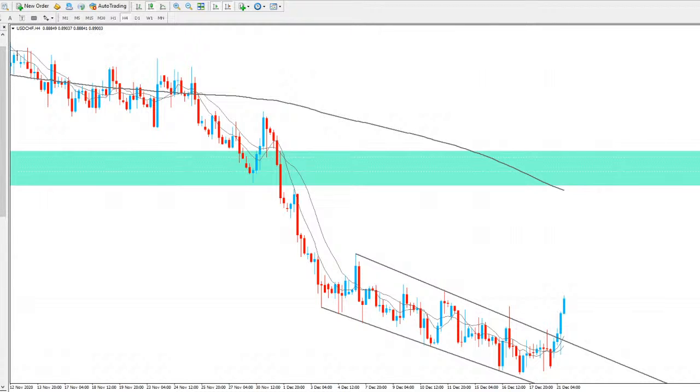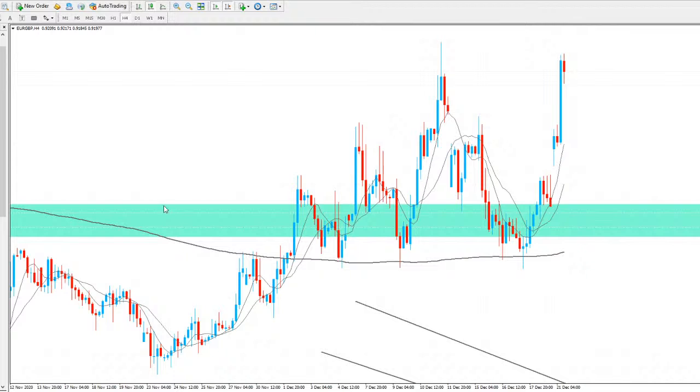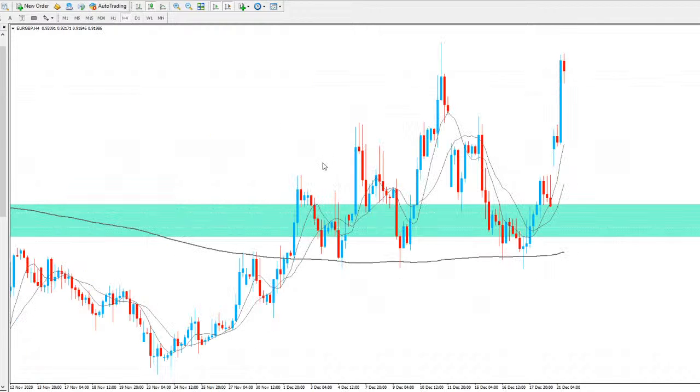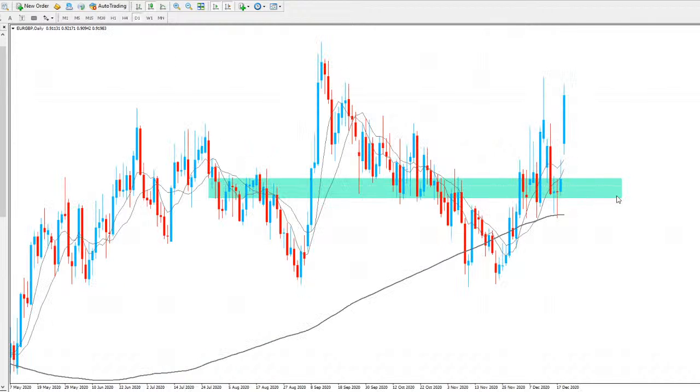Next, we'll take a look at EUR/GBP. Now EUR/GBP gave us a big move to the upside there on the daily chart. As you can see here, we actually had a gap up, and then I think because of the GBP weakness, we just took off to the upside. So we held at a really strong area on the daily time frame here.